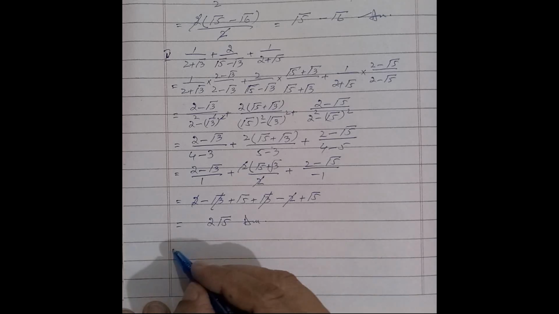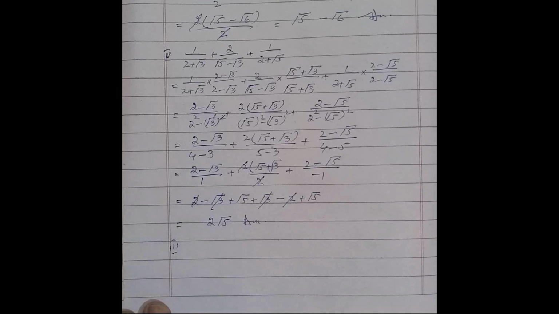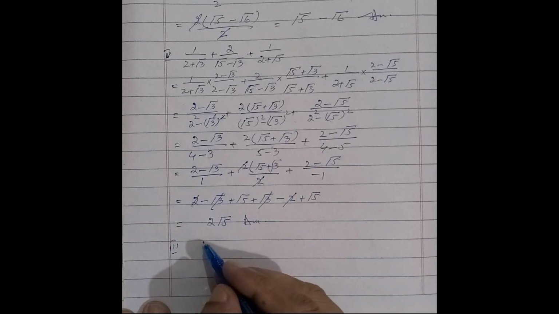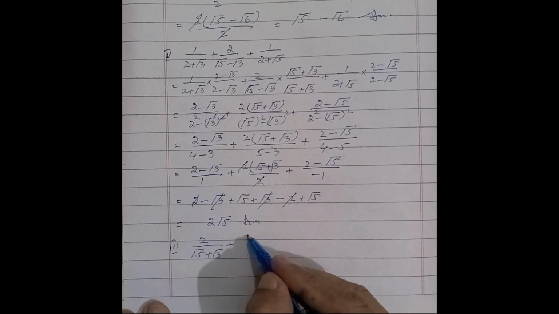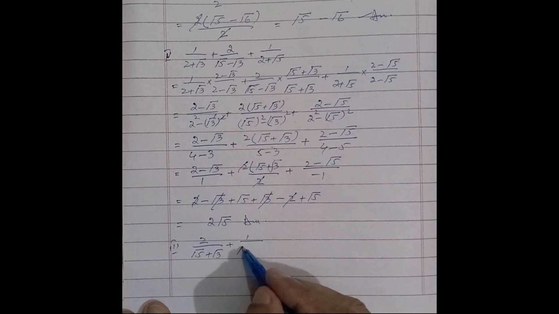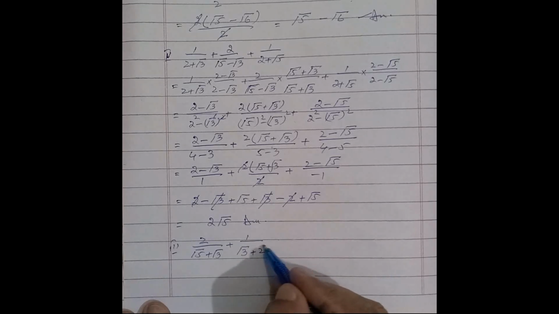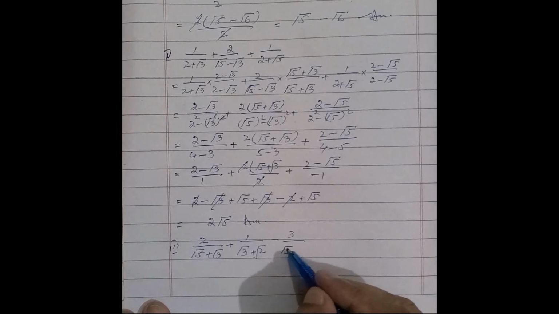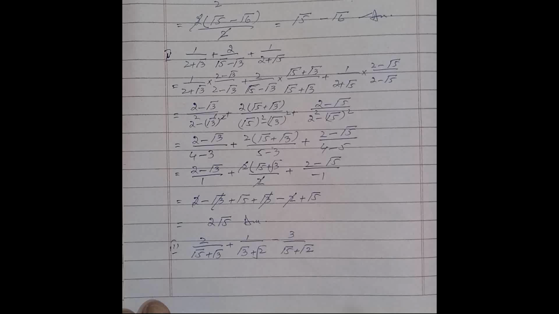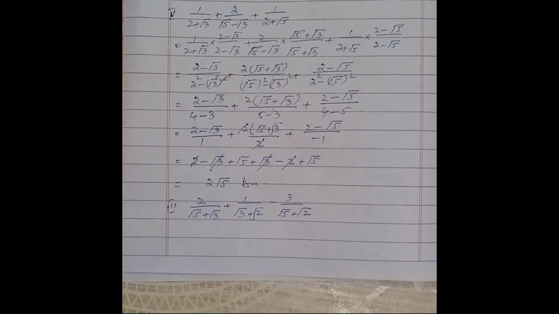The next question, which is the third part, it is 2 over square root 5 plus square root 3 plus 1 over square root 3 plus square root 2 minus 3 over square root 5 plus square root 2. This question we also solve by the rationalization of the denominator,